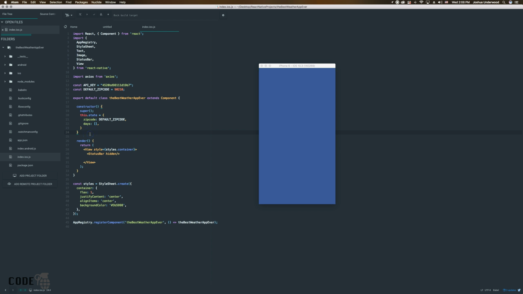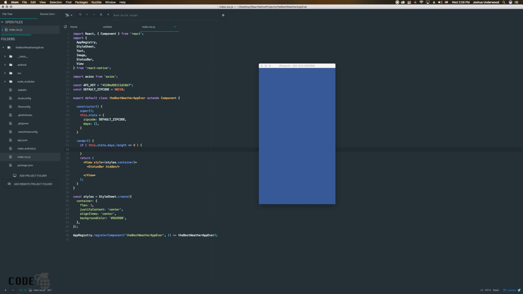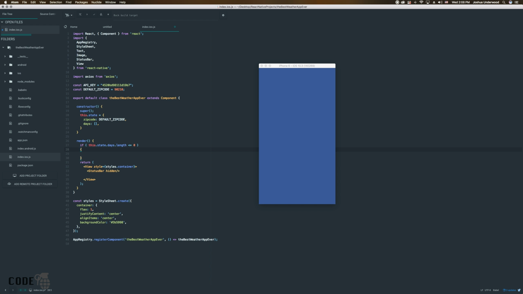Okay, so let's go ahead and get this thing going. The first thing I'm going to do here in my render function is see if we have any data. And if we don't have any data, then we need to make our call to the Weather Underground API. So I'm going to say if this.state.days.length is less than or equal to 0. I could do directly equal to, but I'm not going to because I want to do less than or equal to 0. Then we're going to call a function called, I don't know, let's just say getForecast, and then we will provide to that